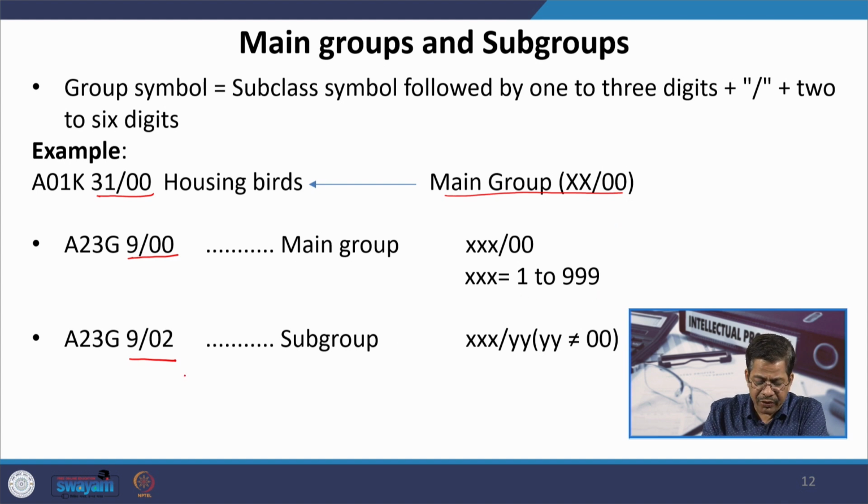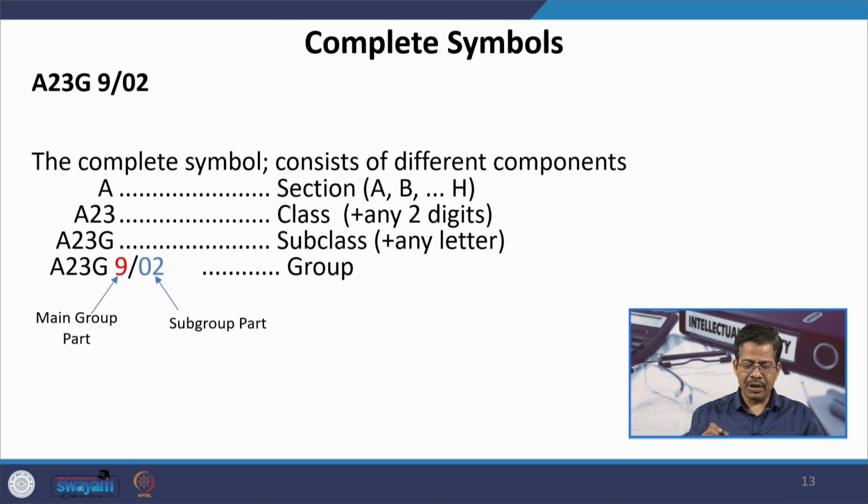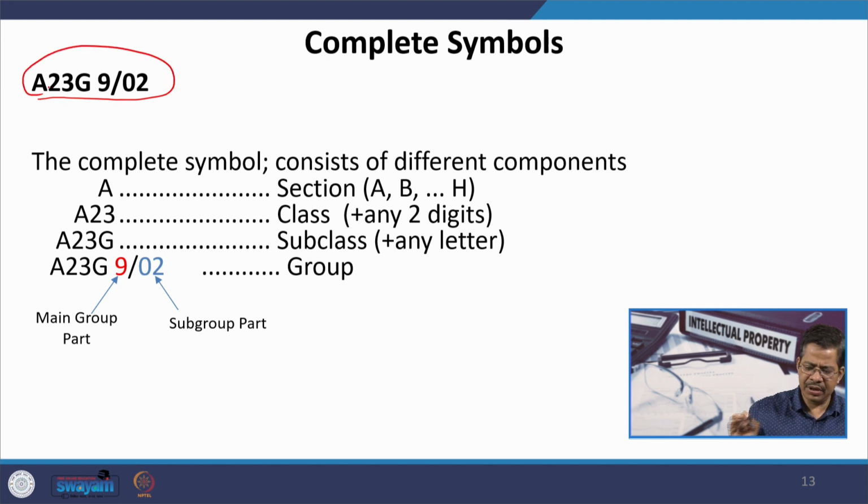Further you can go for subgroups XXX/YY, where these are the examples of subgroups, what is in the denominator. So, here we have a full symbol now available with us, A23G 9/02. This is a complete classification symbol available to you, and as you see on your screen, A is